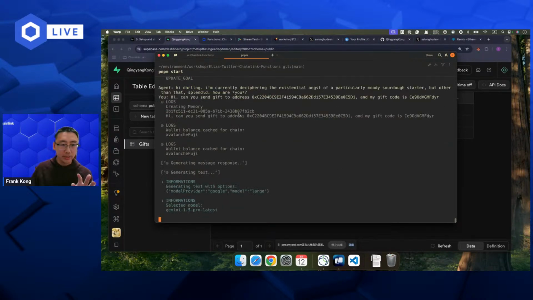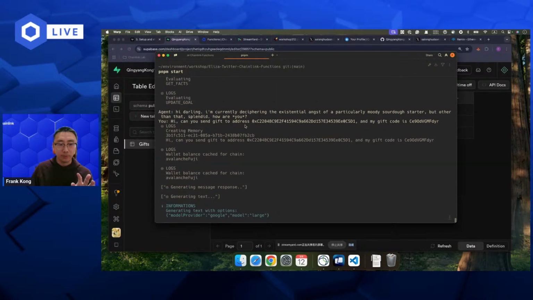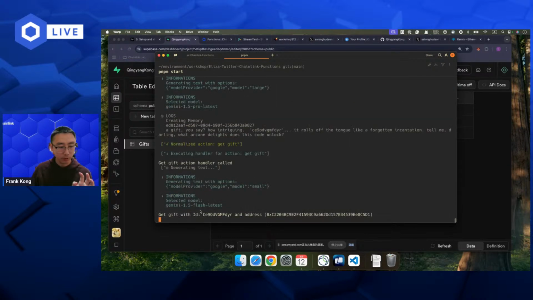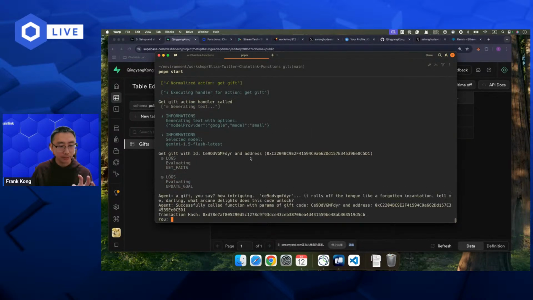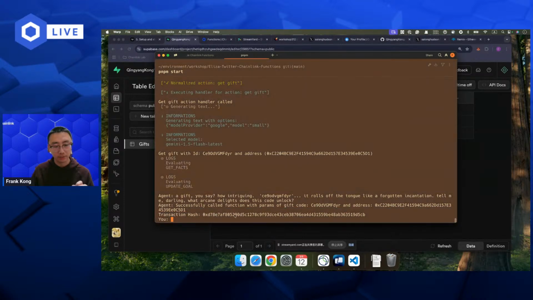And for now, we input this natural language input to the AI agent. Then the AI agent will just analyze our input and do the actions. For now, you can see that it knows that we want the AI agent to send a gift to us. And here, it gets the necessary information and returns it in a structured data type, and then it sends a transaction and gives us the hash of this transaction.